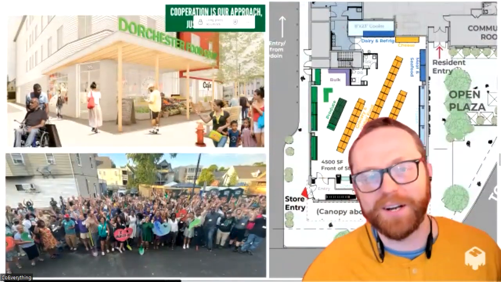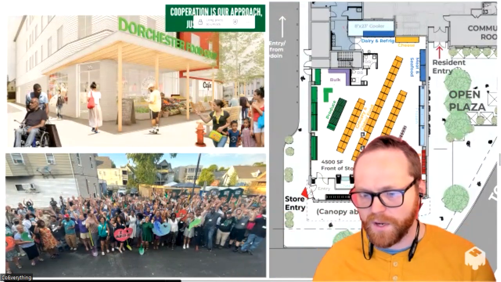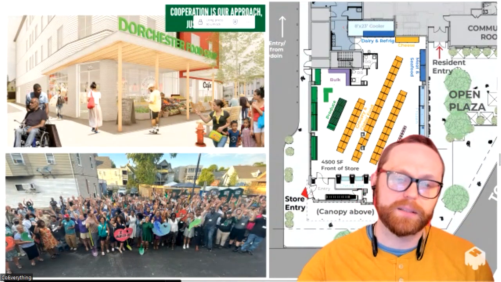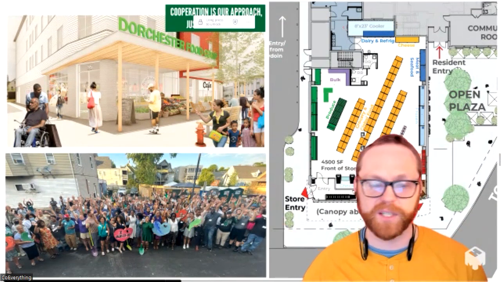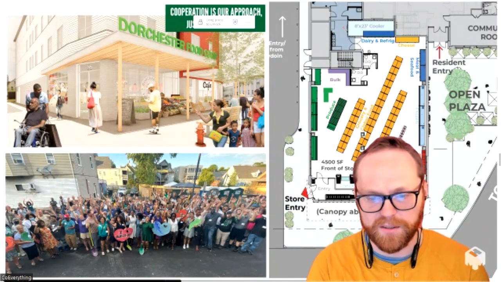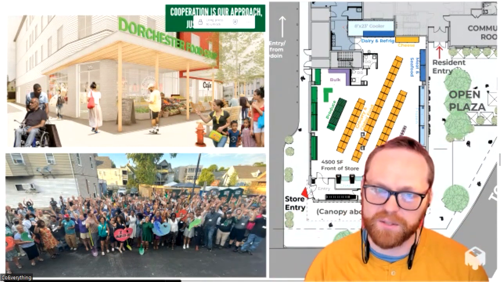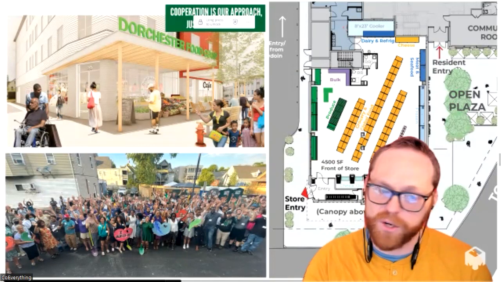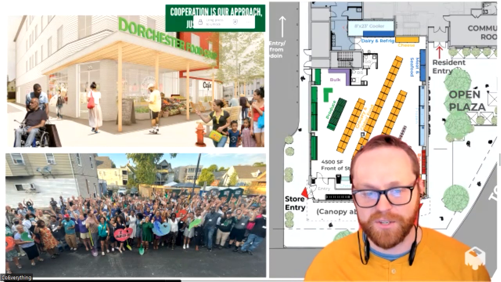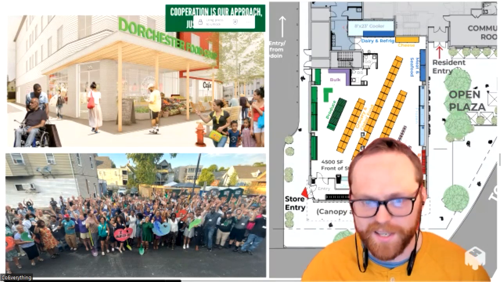So back to Dorchester. This is the Dorchester Food Co-op project. So this is now shifting from housing into food. One of the ways in which we're helping support the co-op is we are members, but we're also the architects. We also help lead some of their fundraising campaigns and led this amazing event that you could see a photo of down here, which is the groundbreaking. So we're engaged in lots of different ways with the Dorchester Food Co-op. It's a grocery store in Dorchester on Bowden Street. They have 1,500 members, which is an amazing number considering they haven't actually opened their store yet. It's under construction right now.